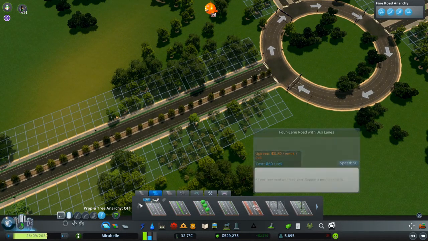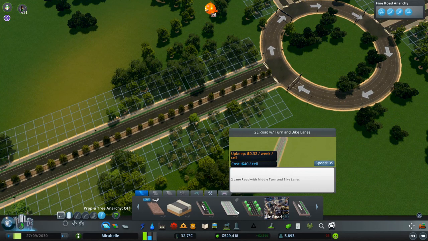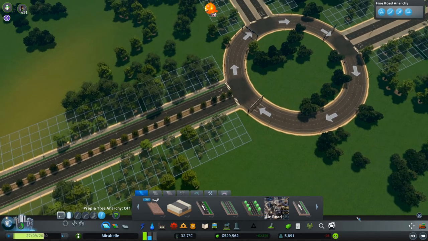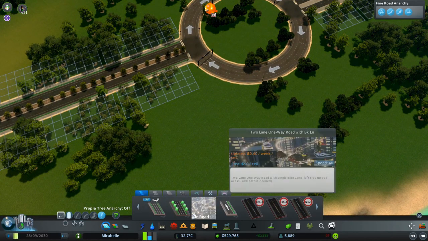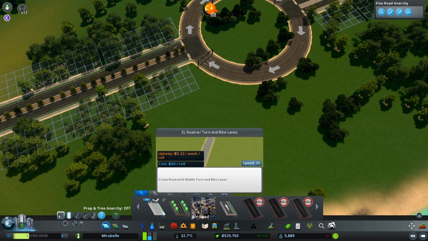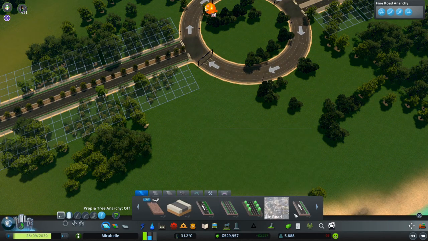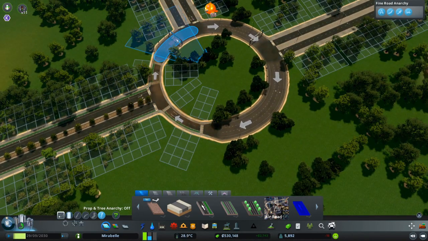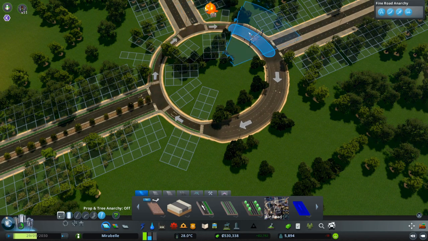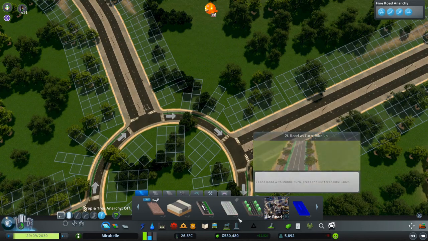Now we want a small cycle lane. What have we got? 2-lane road... with bike lane. 2-lane road. 2-lane one-way road. That one would work well for a roundabout, right? Because that's 2 lanes, but it's also got the cycle path running around it. Yes, and then we'll go back to...